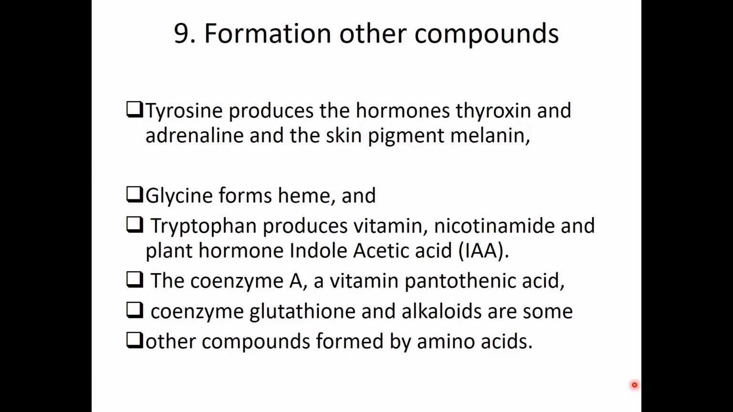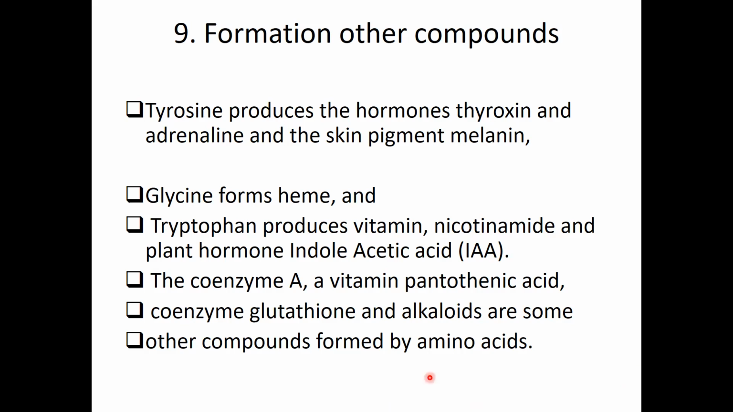So the formation of other compounds is a very important task. We can understand that different compounds in the body are made from amino acids. So it is the amino acid that is forming different compounds in our body. That is why we see that they can form hormones like adrenaline, thyroxine, skin pigments, heme for blood pigment, and they are going to form